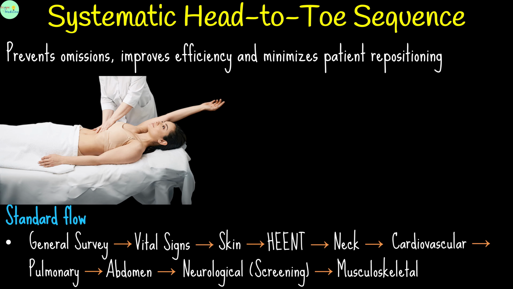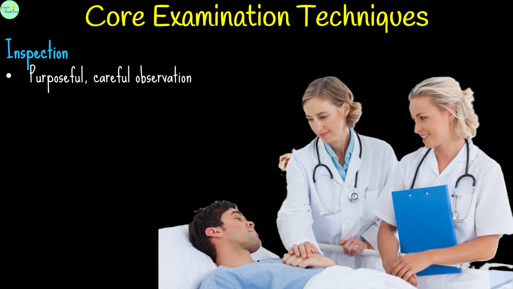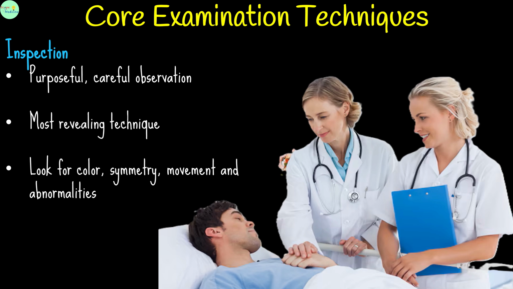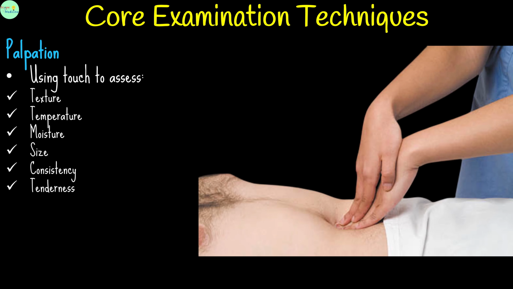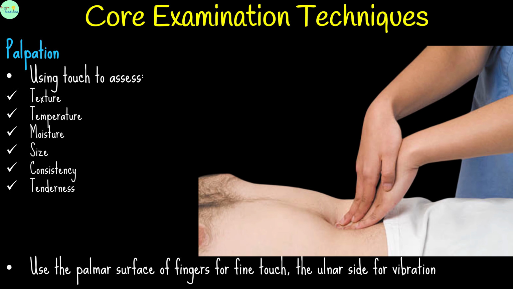The entire exam is built upon 4 core techniques, applied in varying order depending on the body region. The first and most continuously used is inspection. This is purposeful, careful observation. It is often the most revealing technique. Look deliberately for abnormalities in color, symmetry, movement, and form. The second technique is palpation, using the sense of touch to assess texture, temperature, moisture, organ size and consistency, and areas of tenderness. Use the flat part of your fingers for fine touch and the side of your hand to